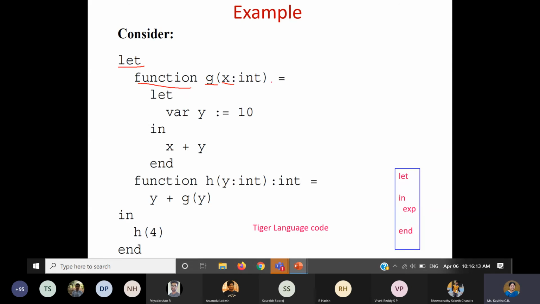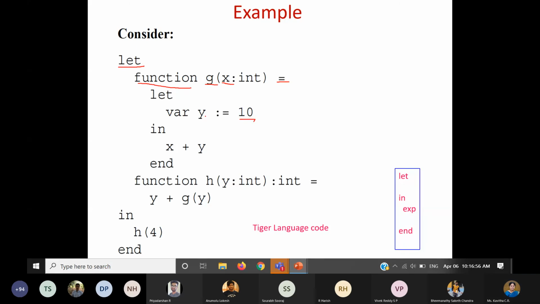Equals. So now the body of the function starts. What will the body of the function have? Again, you can have another let expression where you will have all the declarations, something like this, where y is equal to 10, meaning y is getting the value of 10, and you have not shown whether y is integer or not. That is the advantage of using this language. When I say y is equal to 10, 10 is what kind of value? It is an integer. So I don't have to declare y as integer. Instead, if I assign some value, it automatically takes y as an integer. So that is the advantage of using this kind of language. There are many more features.